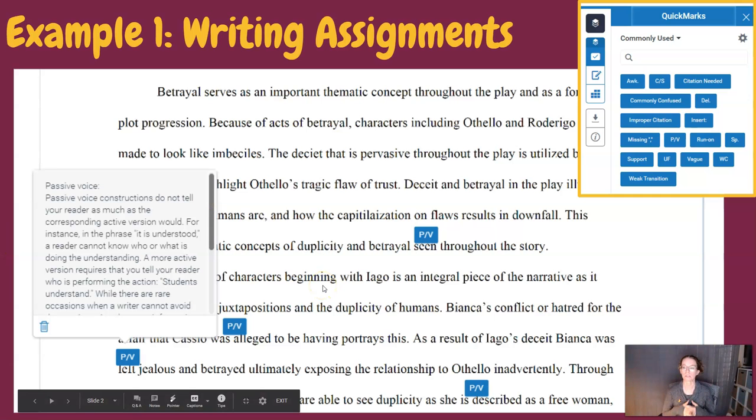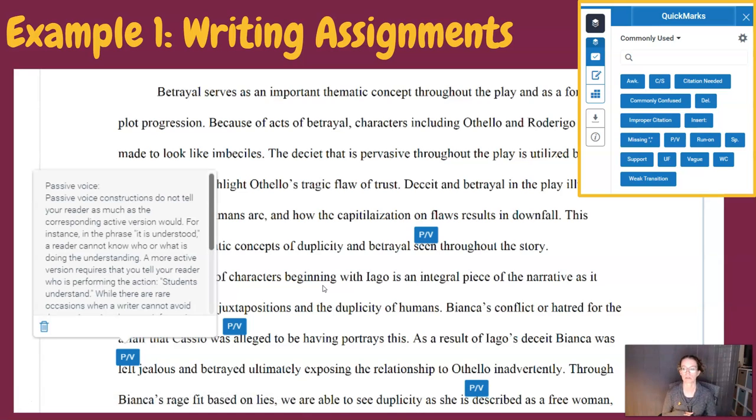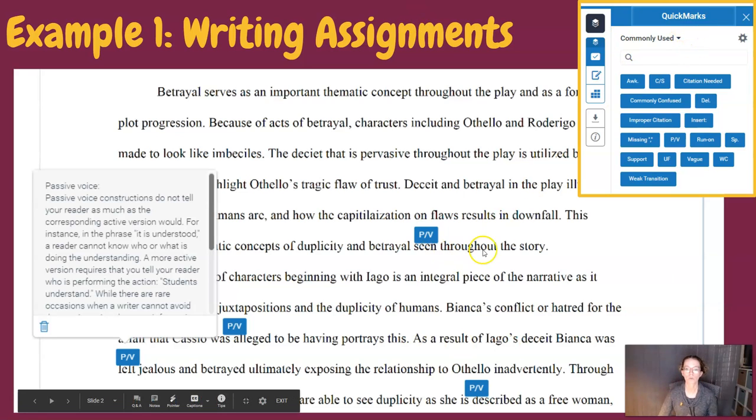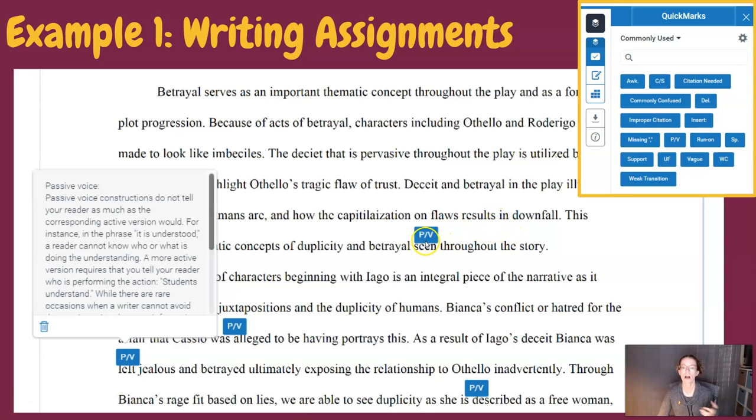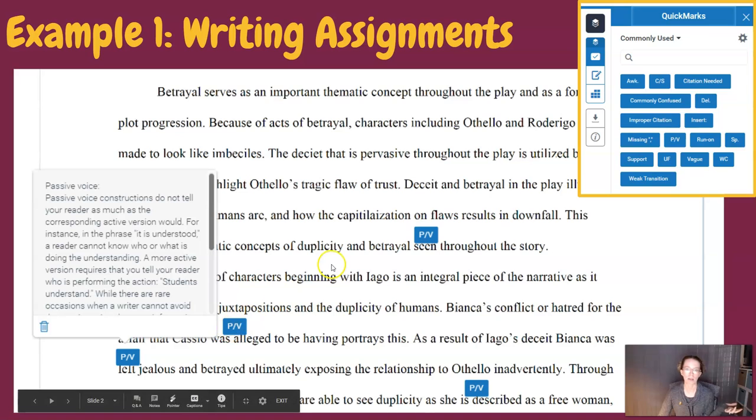So I have a few examples that I thought I would walk you through from things that I've used in class. So the first is just like with traditional writing assignments, and this is what I think we stereotypically think of TurnItIn as being a great tool for. So I haven't highlighted any of the similarity report or anything like that for plagiarism because I wanted to highlight here that using the quick marks for just grammatical things and common things that you might say on a paper,